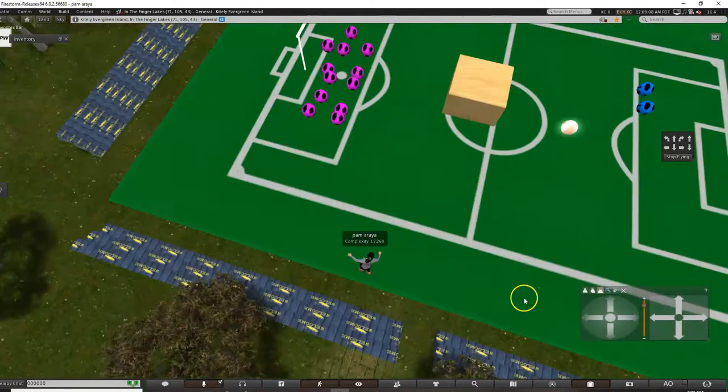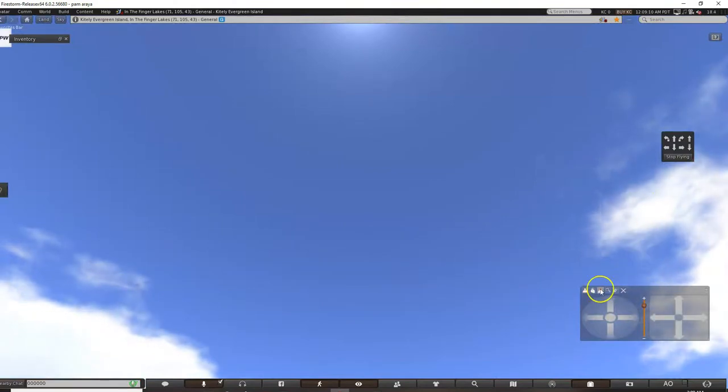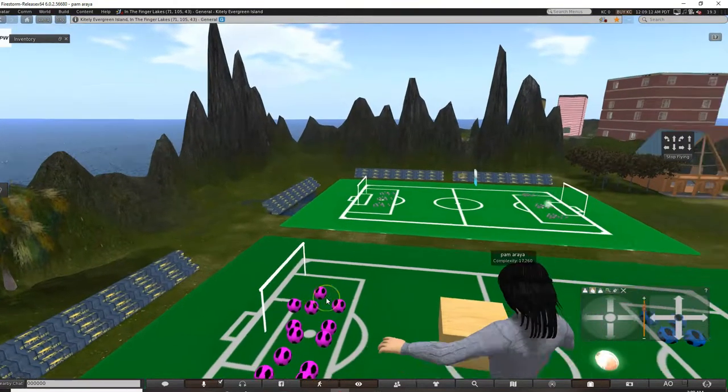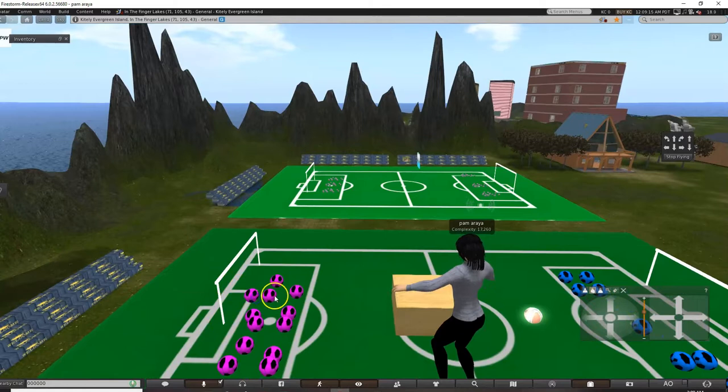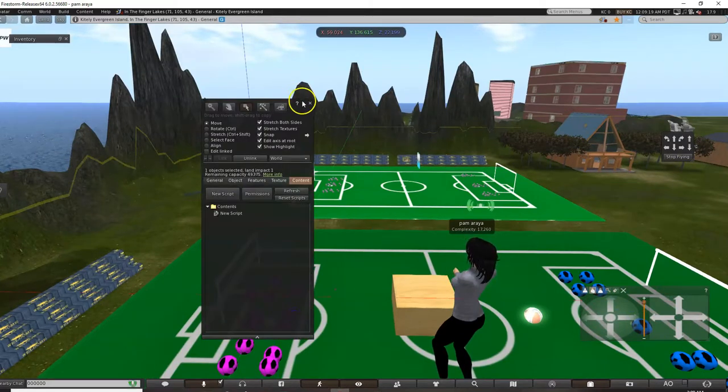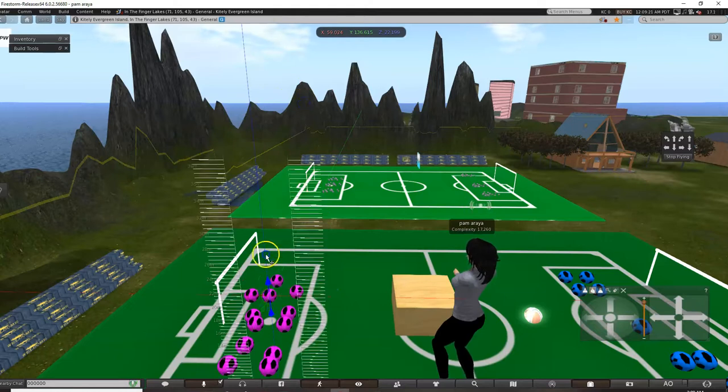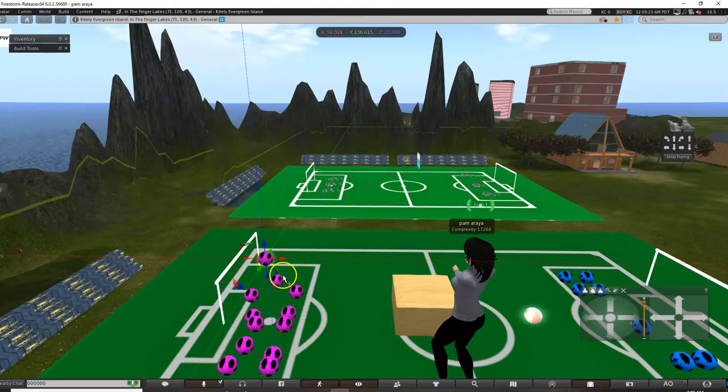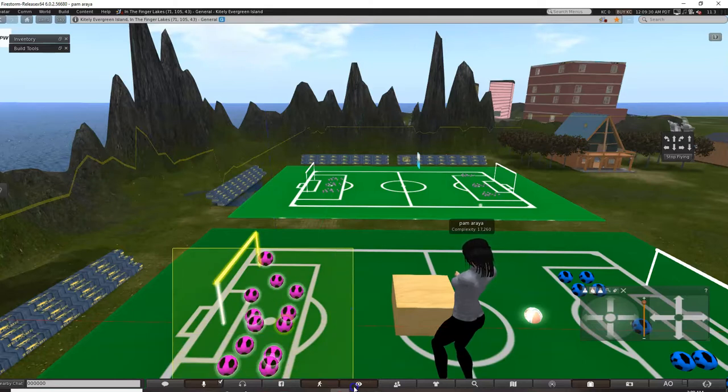I can grab it while I'm flying, I guess. Okay. Oh, nope. I can grab that, but I can't grab the soccer balls. That makes no sense. Oh, I can. Okay, perfect. Okay, good.